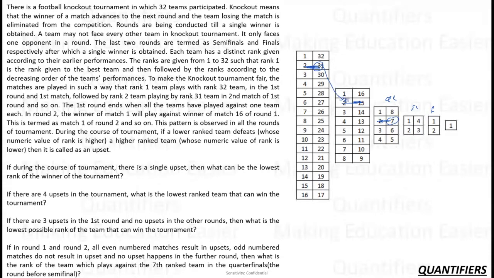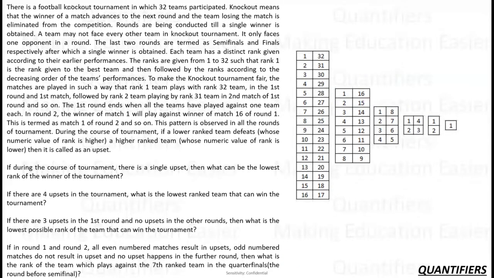But when 31 comes here, between 31 and 15, there was no upset. Upset सिर्फ first round में हुई, उसके बाद हुई नहीं है. So here who must have qualified? From here 15 must have qualified, right? So 7 will play 15 here, simple as that. ये अपना आंसर आ गया इस क्वेश्चन का भी। Okay,